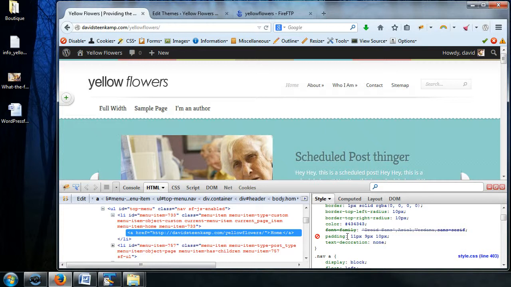So see, there's this padding: 11 pixels, 9 pixels, 10 pixels. You're probably wondering what that means. This is actually exactly the same as writing this. So this is padding. Padding is the space in between each of these elements. It's actually a lot more complex than that, but I'd like to do this video in under 10 or 15 minutes. So, the space between all of these different items, and it goes like this: top,